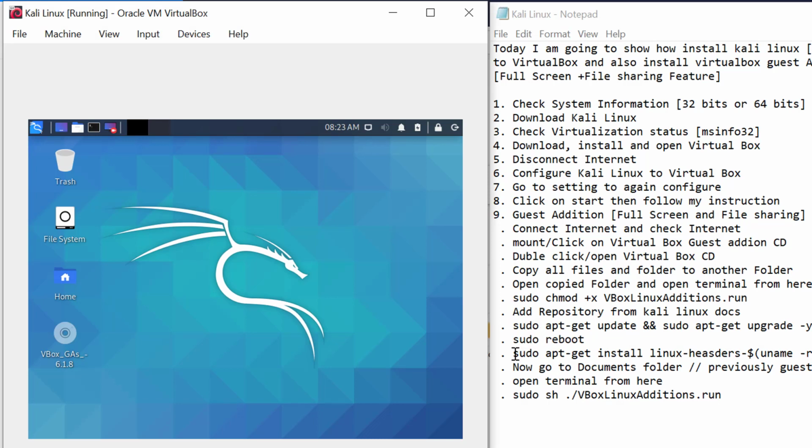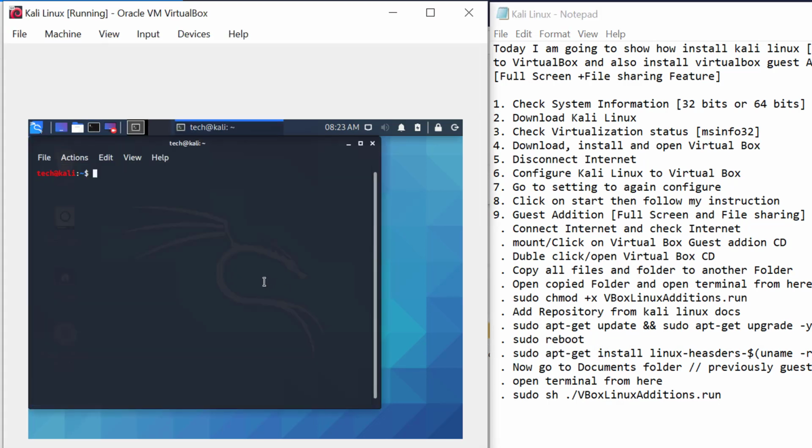After reboot I am going to install the headers again. I go with sudo apt-get install linux-headers-$(uname -r).